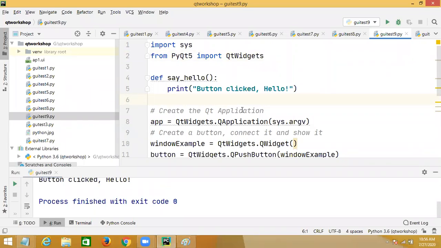But anyway, you need to know how to write the code also. Without knowing the code, you cannot work with Qt Designer. That's the reason I first taught code, and then we'll move to the Qt Designer tool. If possible, in the coming days, we'll have another workshop about Qt Designer. That is more important; Qt Designer is also important.